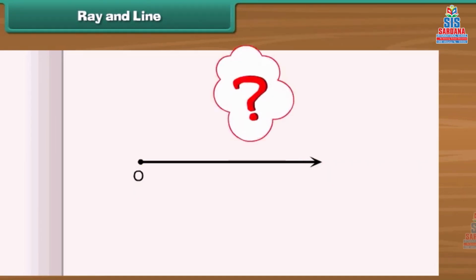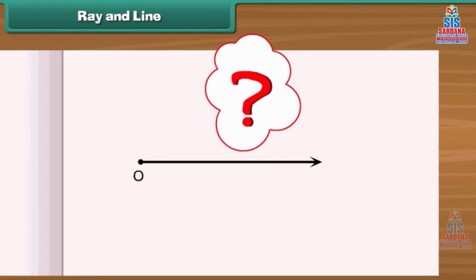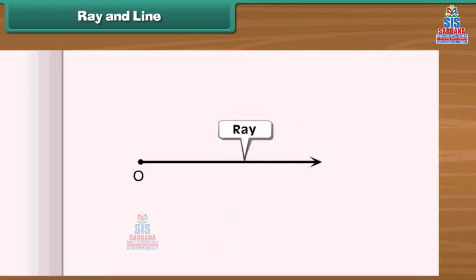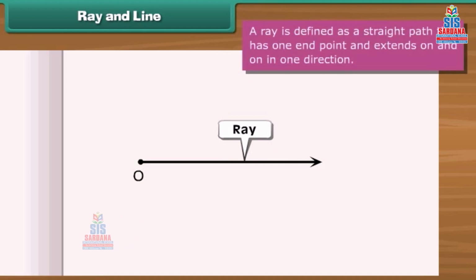What will you call this? It has one end point. On its other end, there is an arrowhead. This implies that it can be extended in the direction of the arrowhead. This is called a ray. We define a ray as a straight path that has one end point and extends on and on in one